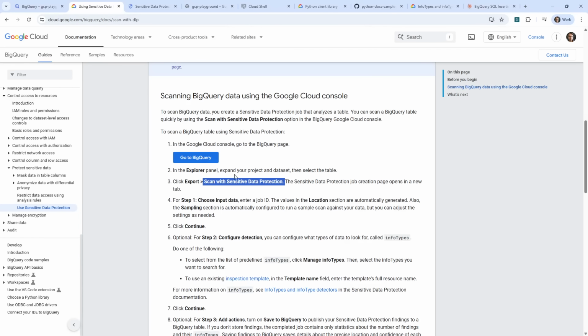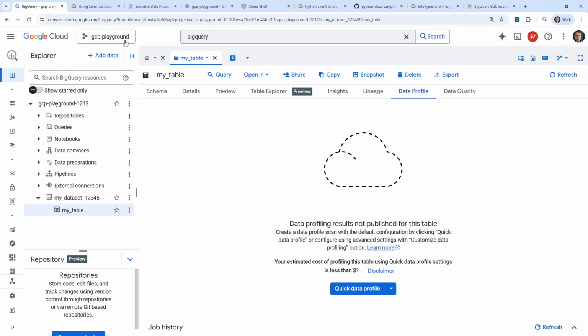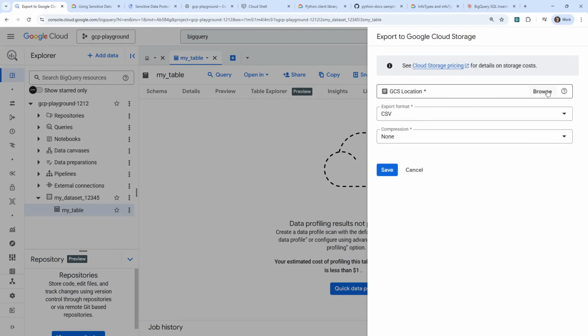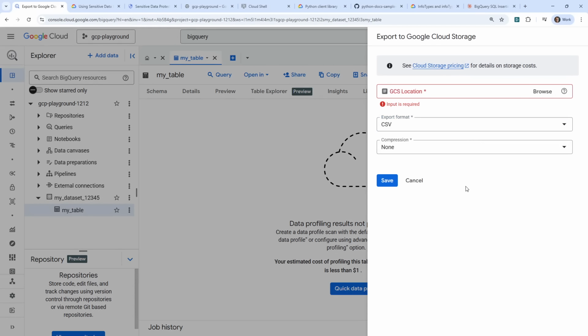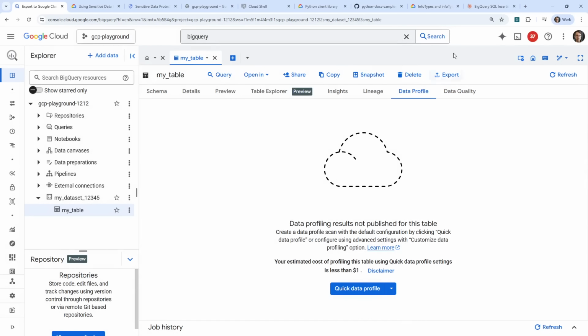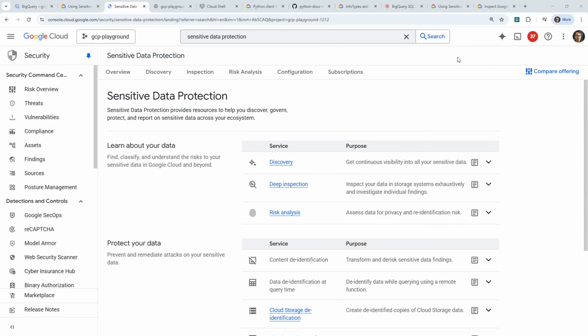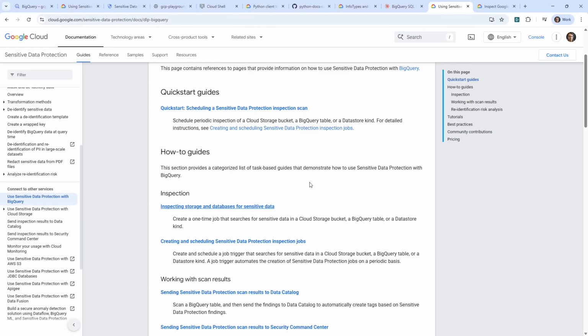So in the Explorer panel, expand your project and data set and then select the table. Click Export, Scan with Sensitive Data Protection. Export. Okay, but that's to export to Google Cloud Storage. So that's not really going to help us. Just a second here. So there's conflicting information where there's that export option, but there's also, it's saying here that